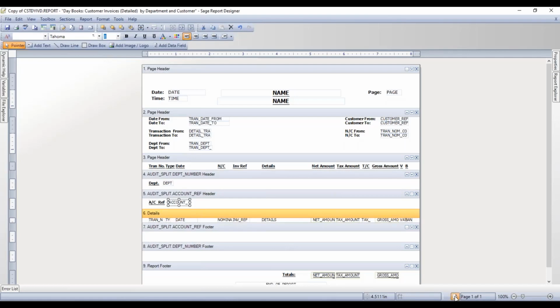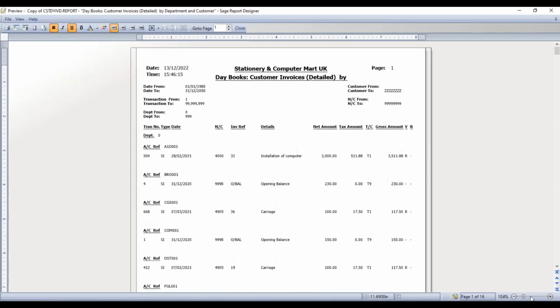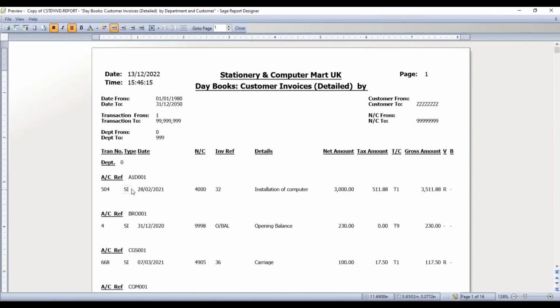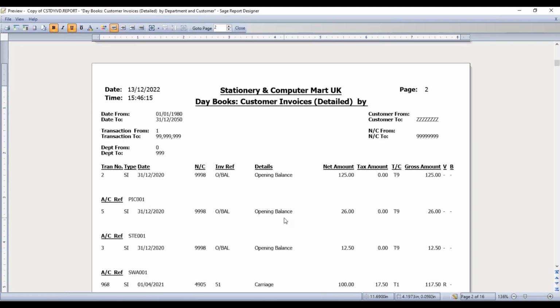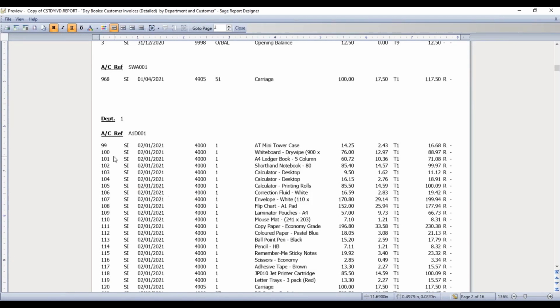So when I preview this now, what I'm going to see is the customer's account reference at the start of each new set of customer transactions. So there's my department information, and there's my customer information for A1D001, and there's my customer information for BRO001, and so on. If I scroll down to the start of the transactions in department number 1, I can see